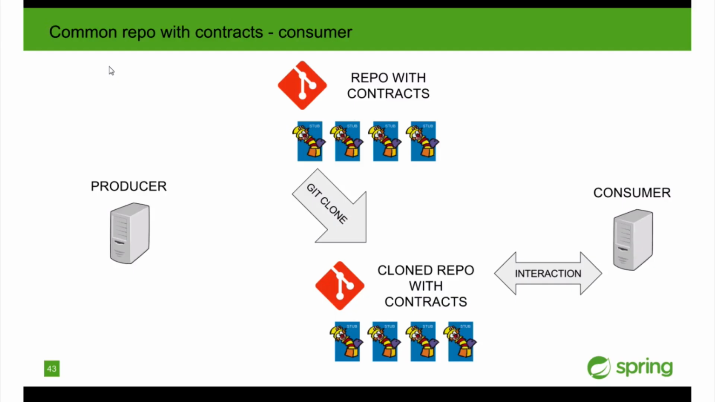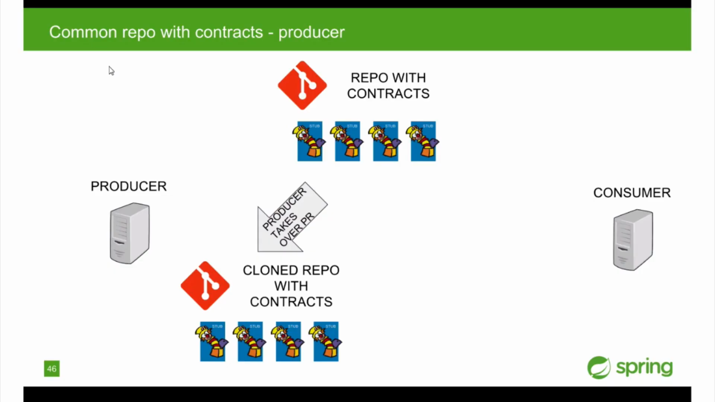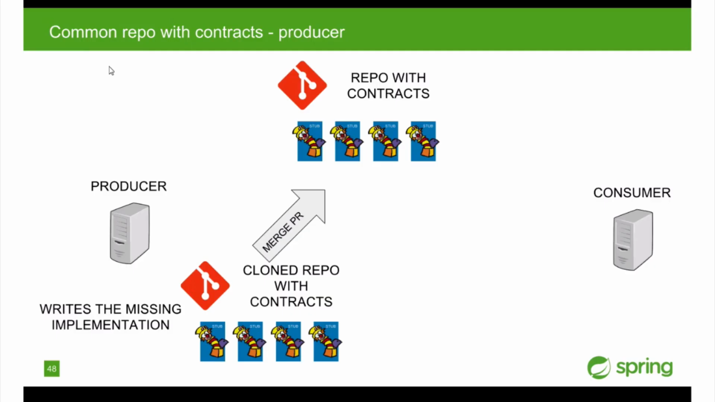And that repo has a very strictly defined structure. You can override it, of course, but there's a convention that allows you to do things very fast. Please check out the docs. I don't want to give you too much detail here because I'm just showing you an overview. Once the consumer is happy with the contracts, a PR is done to that repo. And then the producer takes over the PR, clones the repo locally, writes the missing implementation, and then once the PR gets merged,